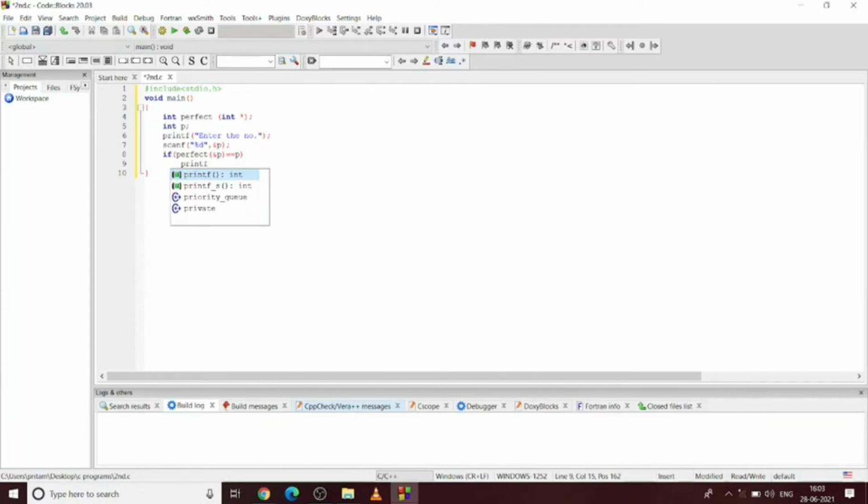So I'm going to write it so that the perfect function will return the sum of the divisors, and if it is equal to the number itself, then it will be a perfect number. So I'm going to write the given number is a perfect number over here. Else the number is not a perfect number.